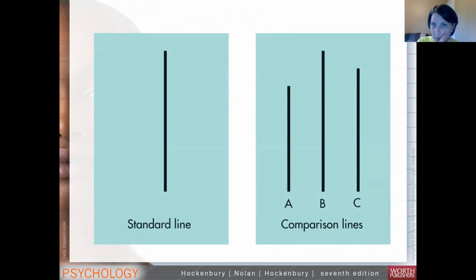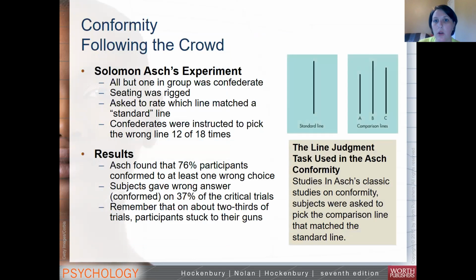So I'm going to explain the study itself. And there's a video that's available on Moodle as well. So in this particular line judgment experiment, the experiment was rigged. There was one person who the experiment was actually based on. Everyone else was considered a Confederate, and a Confederate is a person who's in on it. A Confederate is a person who knows the experiment and they're told to say or do a certain thing. And so essentially they would have a group of 5 or 6